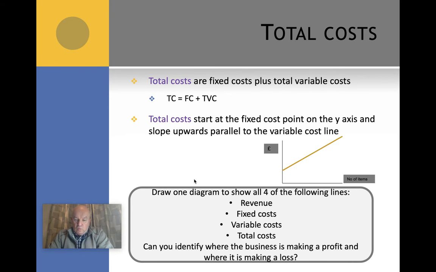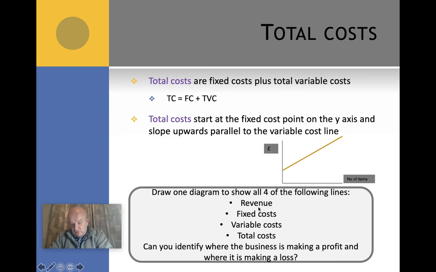Okay, so what I'd like you to do is have a look at drawing one diagram and show all 4 lines. Show the revenue line, show your fixed cost line, show your variable cost line, and your total cost line. And then you should be able to, particularly when we start to look at break-even analysis, you should be able to see that there is a